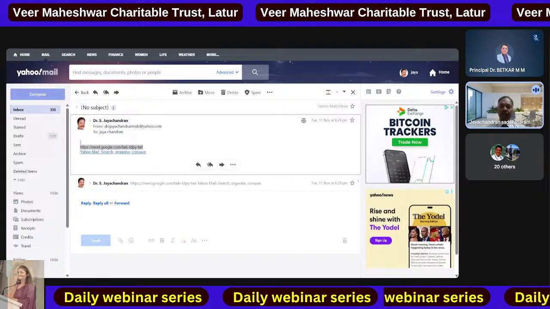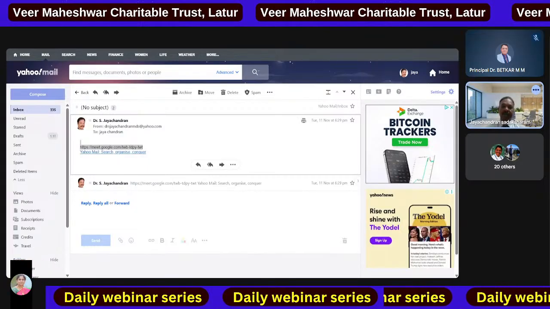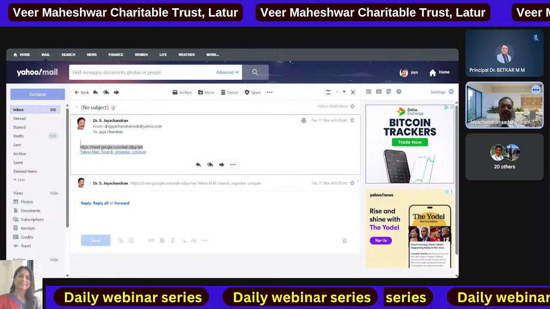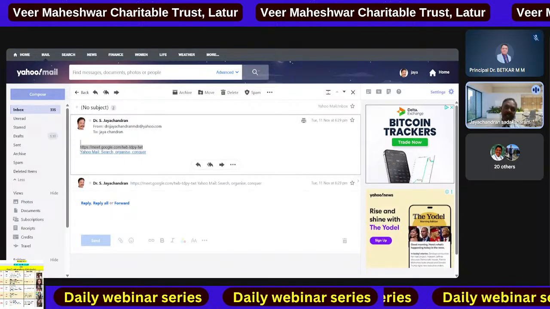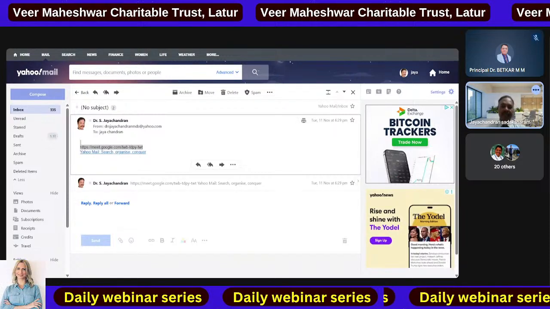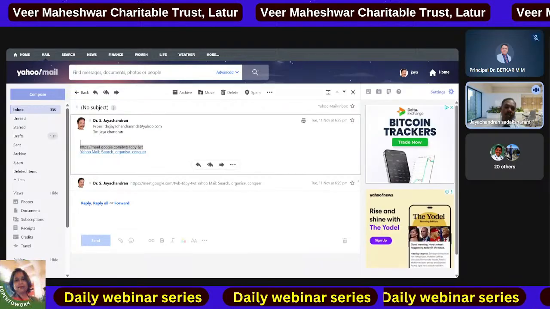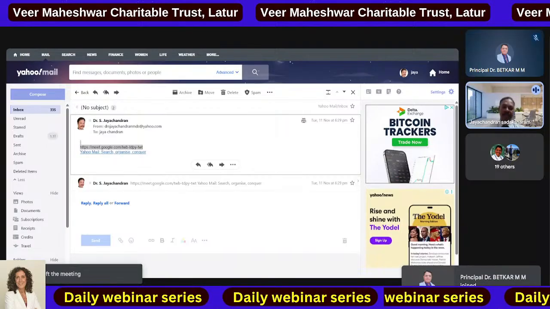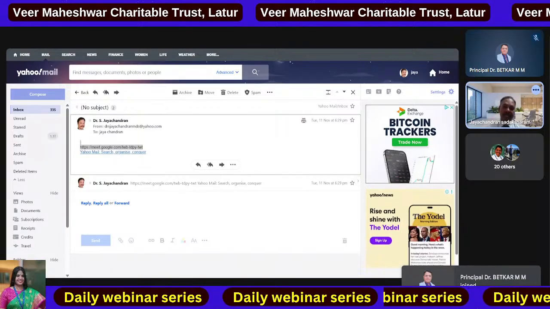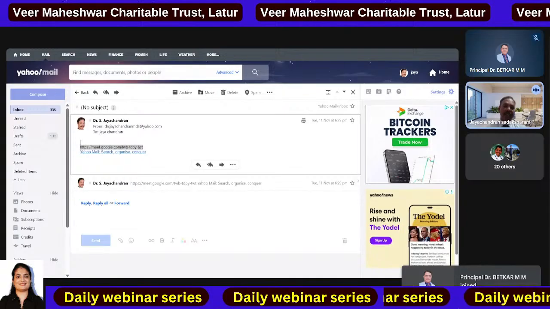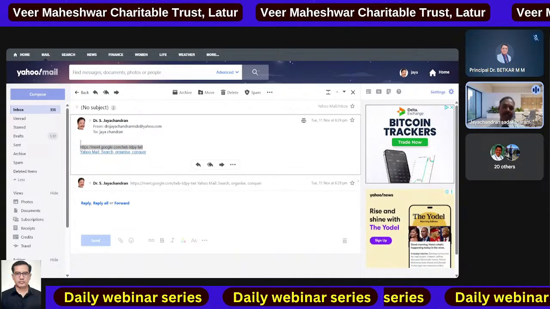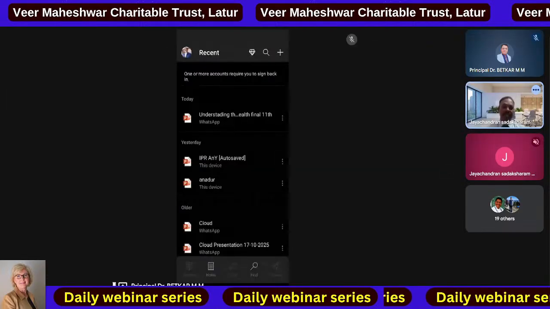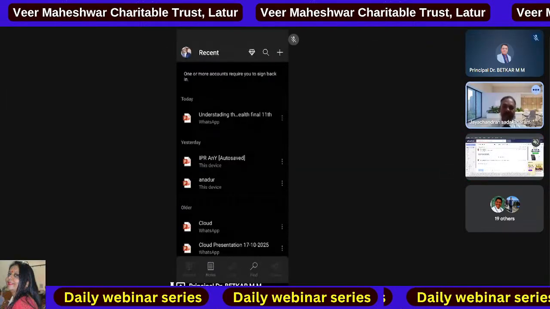Clean the outer surface of your upper teeth, then your lower teeth, and clean the inner surface of your upper teeth and then lower teeth. Clean the chewing surfaces. All the surfaces of the teeth should be brushed and cleaned. And for fresh breath, be sure you brush your tongue too. The tongue should be brushed very gently. Don't use a blade, it will remove all the papillae or taste buds. You will lose the taste sensation. So use gentle brushing and remove all the debris accumulated on the tongue surface.